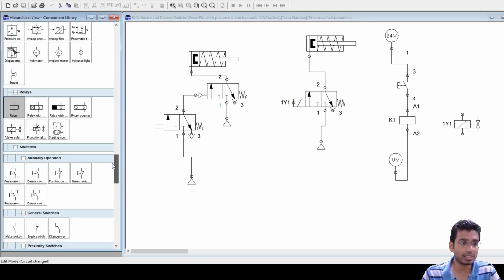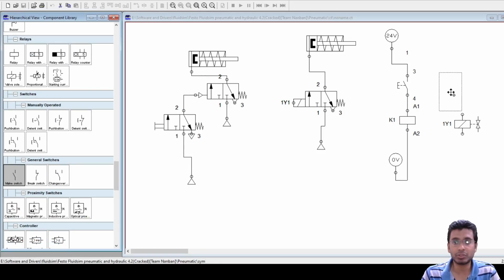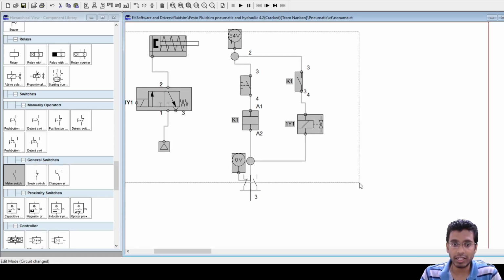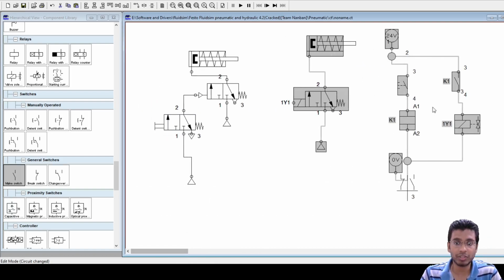So what I do, I just take a make switch here, and name it K1. Fine, so this becomes my